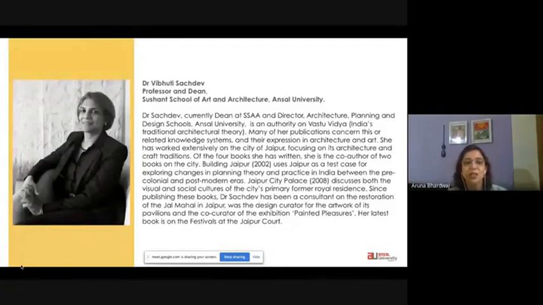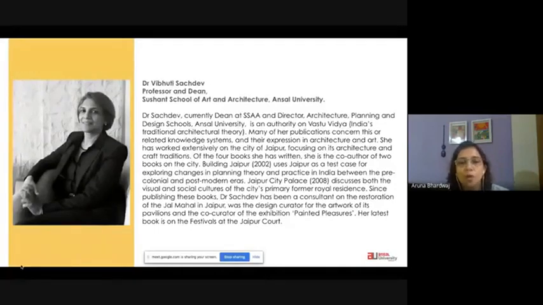So Dr. Professor Vibhuti Sachdev is an authority on Vastu Vidya, India's traditional architectural theory. Many of her publications concern this or related knowledge systems and their expression in architecture and art. She has worked extensively on the city of Jaipur, focusing on its architecture and craft traditions.